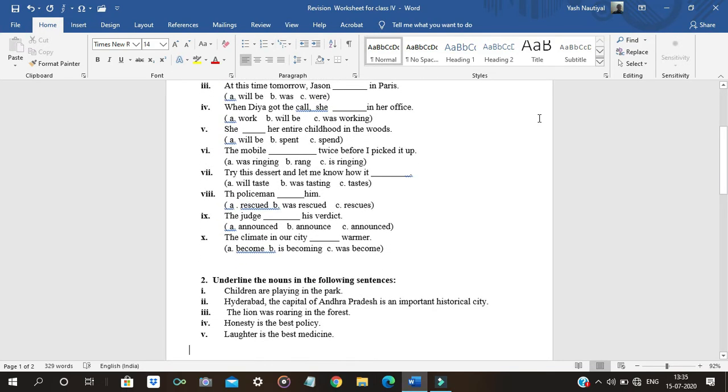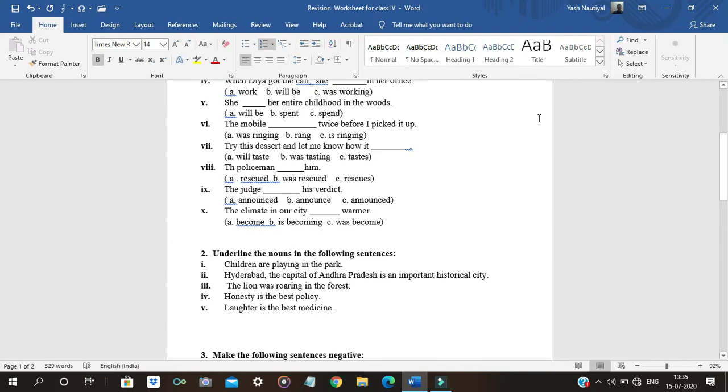Next comes: underline the nouns in the following sentences. And the topic is, what are nouns? The names of persons, places, animals, things, or abstract ideas are called nouns. A noun can tell you what or who. Kinds of noun: there are four kinds: proper noun, common noun, collective noun, abstract noun. Proper noun, for example: China has been making rapid progress. Here I am specifically pointing to a specific country,